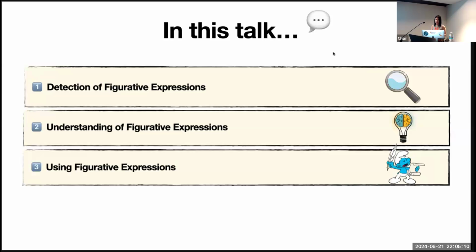To say that LLMs solved, and again, I'm going to use air quotes when I say solve because it's not clear exactly what it means to solve it, but I'm going to look at various aspects. The first one is going to be whether they can recognize figurative language. The second one is going to be whether they understand figurative expressions, and understanding would be both in and out of context. And the third question would be whether they use figurative language in generated text. So we kind of already answered three, but we will go back to it at the end of the talk in more depth.